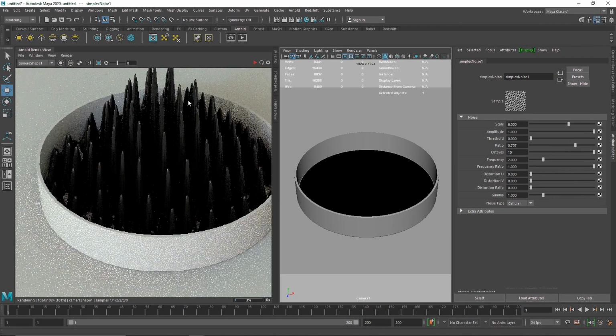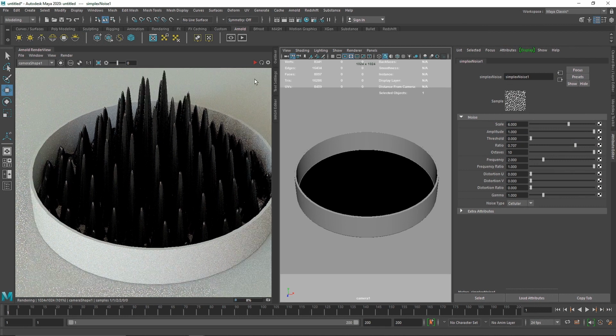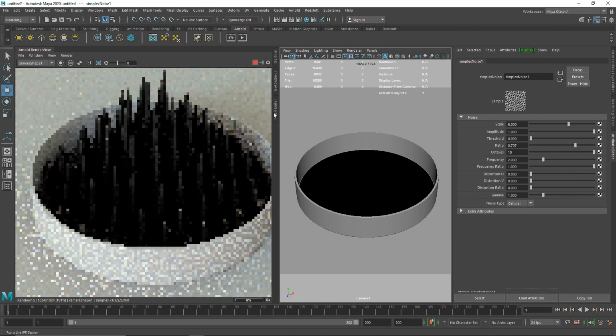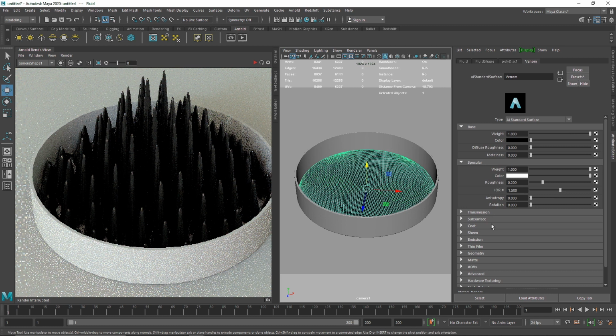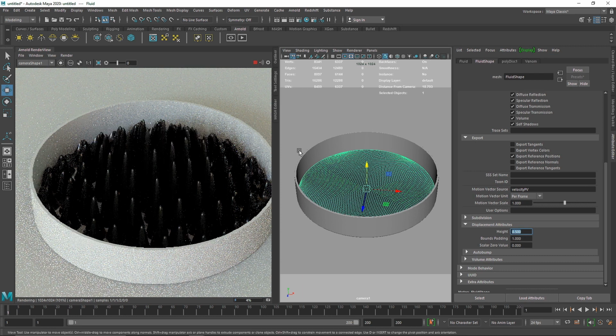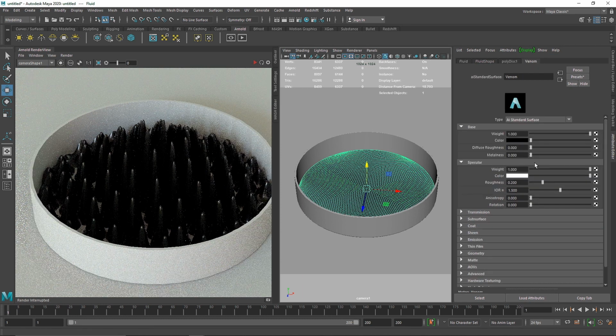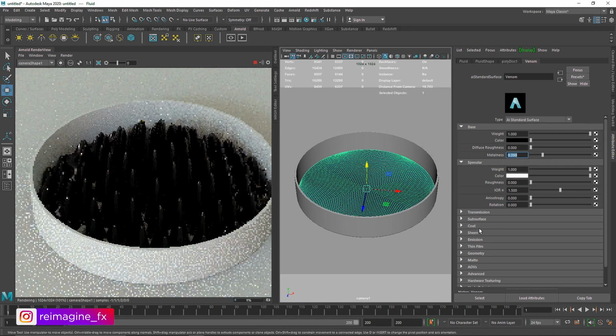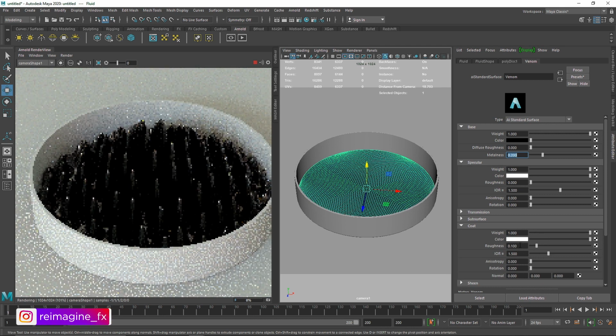Let's go back to see how everything is looking. Alright, so there we go, we have a perfect fluid going on, and right now the overall effect is a bit too drastic. So I'm going to select my fluid here and just go back, and make the height something like 0.5. Alright, so now it's looking good. I'm going to add a bit more specular into this, maybe change the roughness to something like 0 and add a bit of metalness. Alright, and I'm going to add some coat as well.